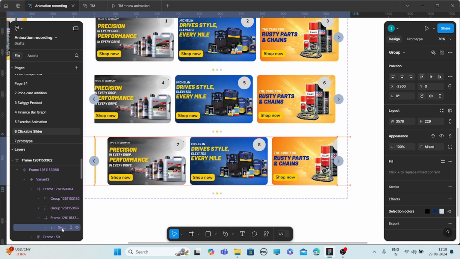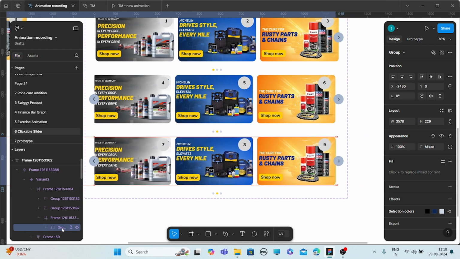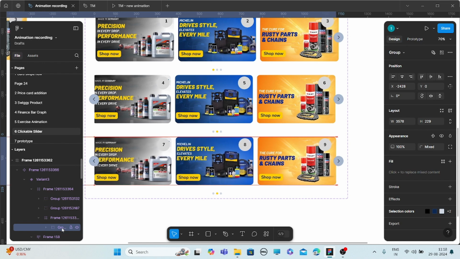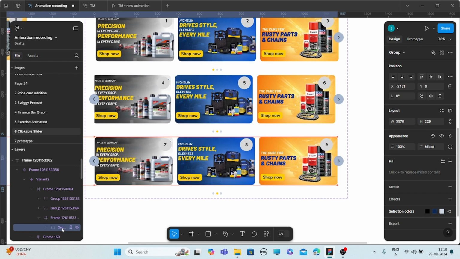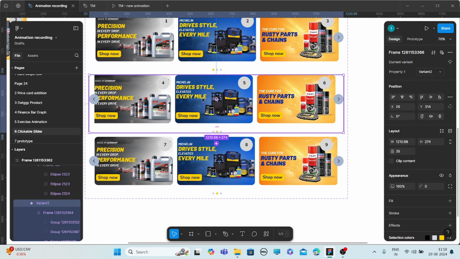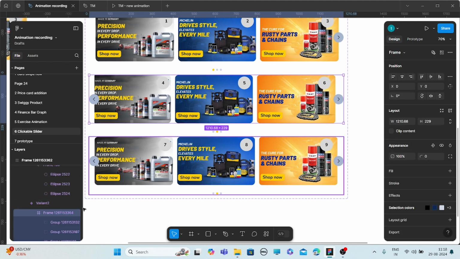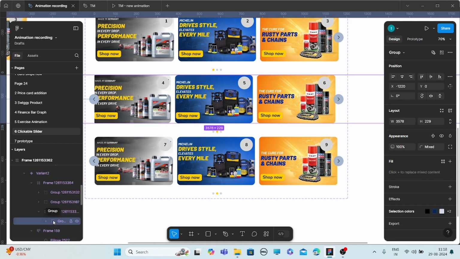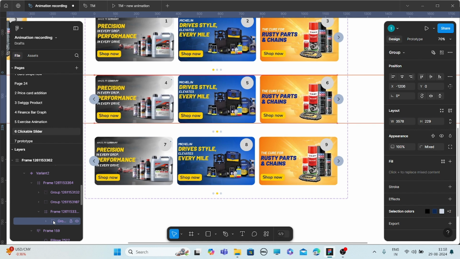Here the first image would be our 7th one and last one is our 9th one. Here in the second variant what is happening is it's not proper, so I'm setting this slide properly.